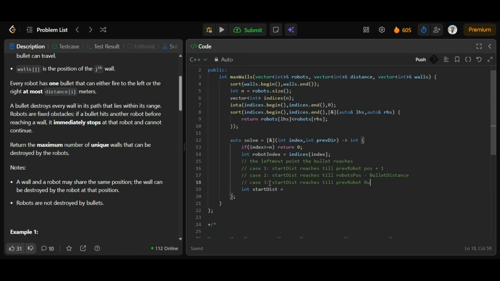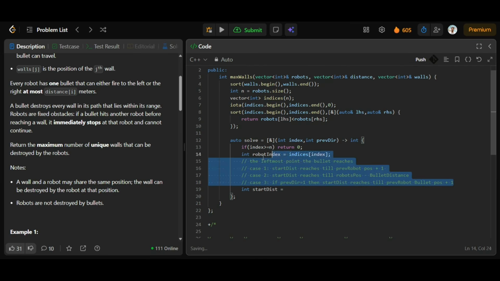Previous robot bullet position plus 1, and that is only if the previous direction value is 1. That is, we are assuming 1 means the forward direction, right? So if previous direction is equal to 1, then